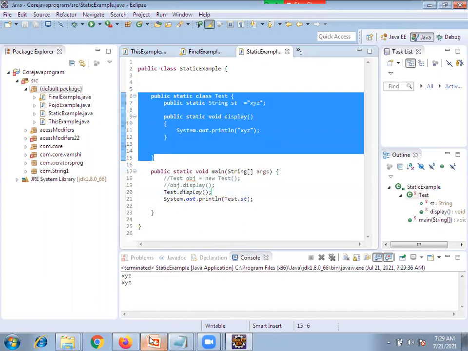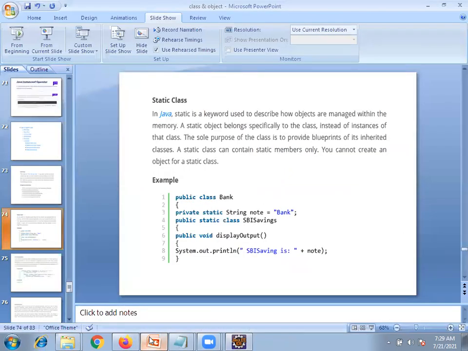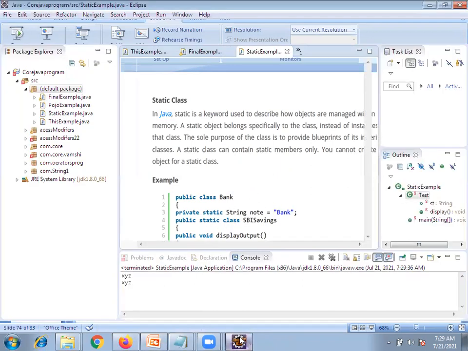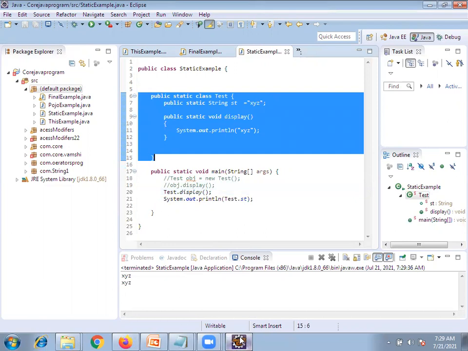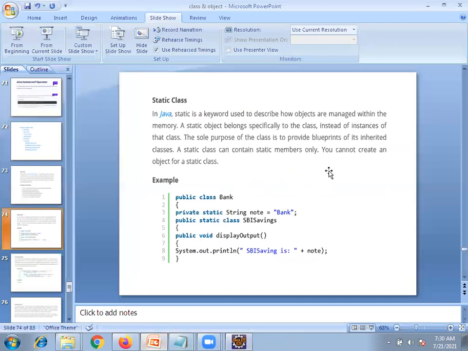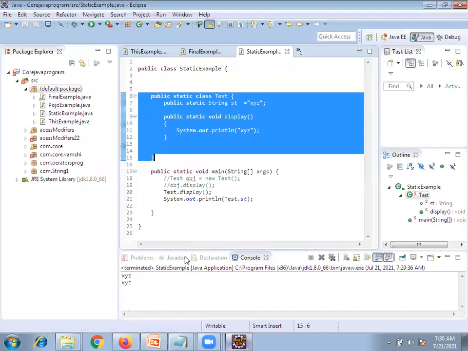Static is always the class which we are going to get at class level, specific to the class, and variables also, even methods are also accessed at the class level. Static is for when we don't want to create any object. Directly it will be called at class level, and memory allocation will happen when the JVM starts. More than that, nothing is there. Clear?